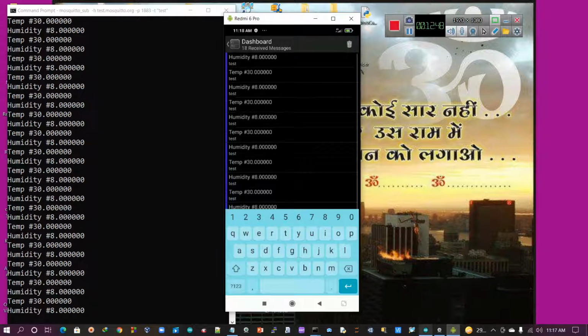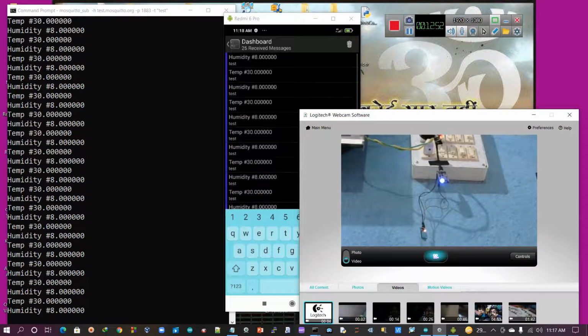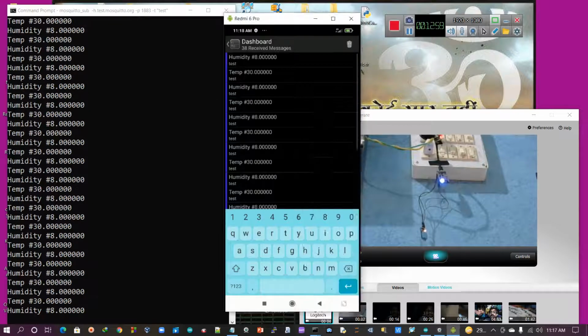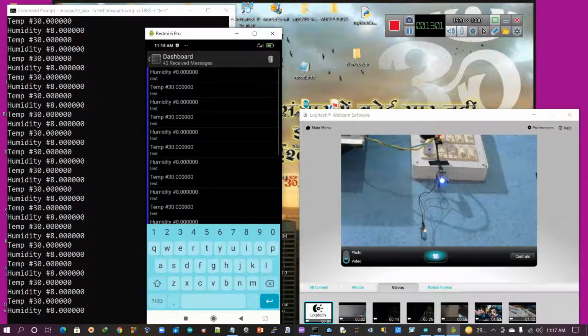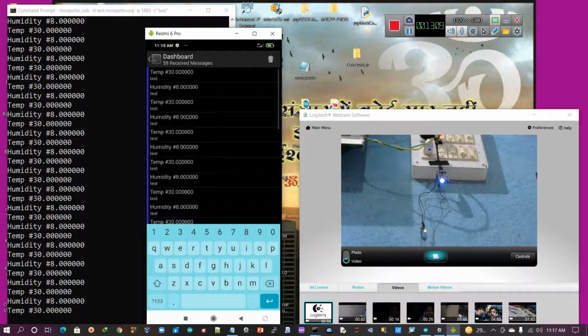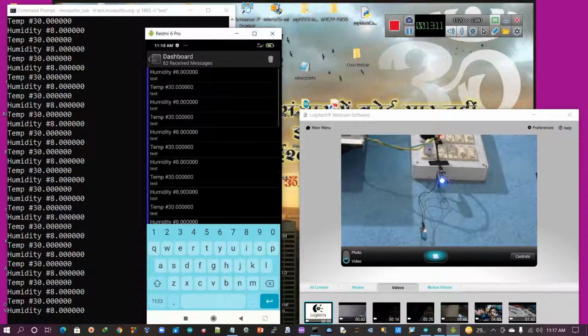But where is my NodeMCU? That is not connected to the laptop. That is a totally separate unit, as I told you so many times. So you can visualize, once again, guys, overall this NodeMCU is publishing temperature as well as humidity every 1 second, and from anywhere in the world I can get that information.